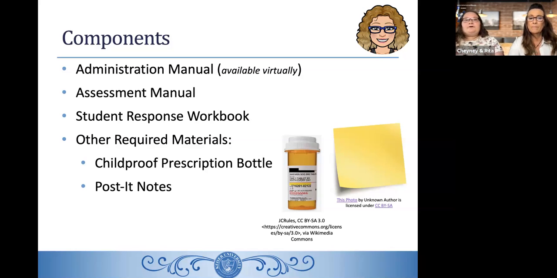The student response workbook is an Excel workbook. Rita's going to talk a little bit about that. And then also there are 2 required materials: Post-it notes or index cards or anything that you can use to scaffold like you would typically with students if you want to go down from 3 options to 2 options. So it could be a Post-it note, a spare sheet of paper, anything that you would typically use to scaffold,